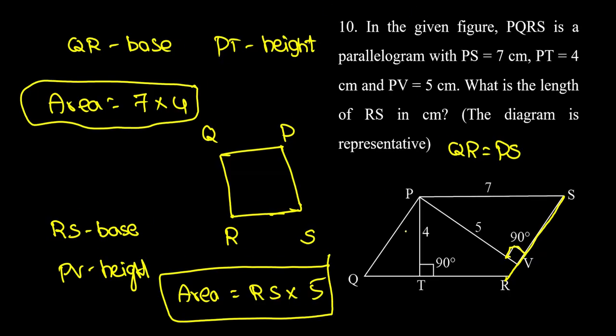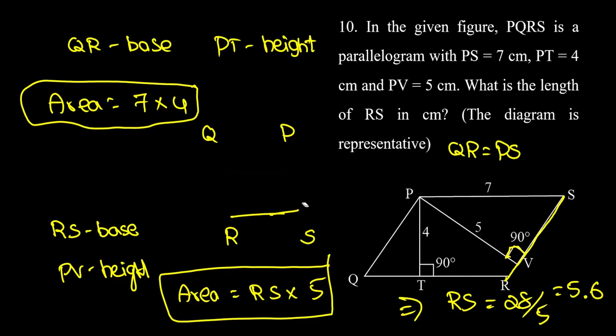28 equal to 5 RS. RS equal to 28 divided by 5, which is 5.6. You have to be very clear. If you just turn that